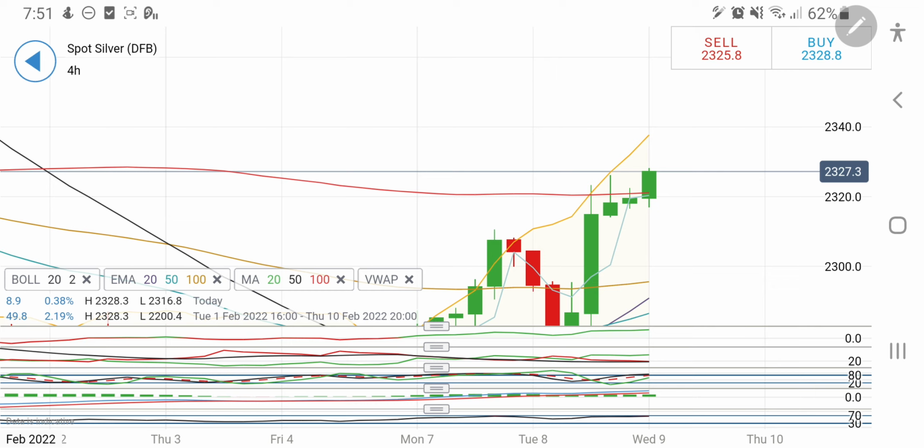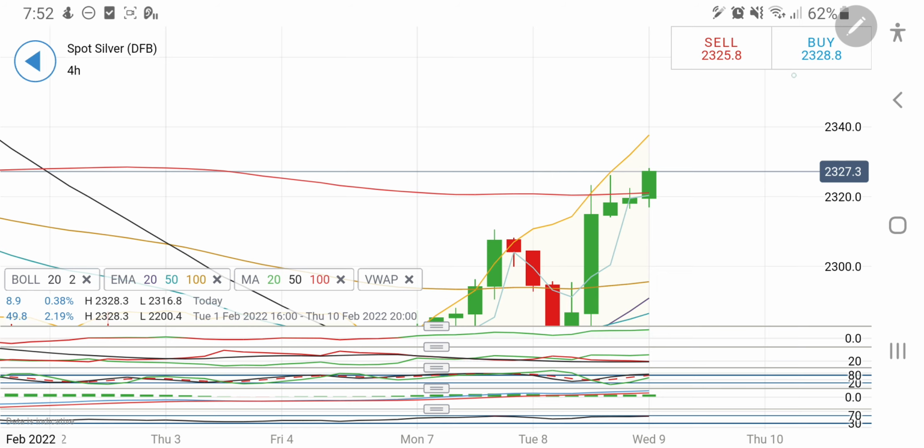Below that, yes, there is a support which will come into picture at 2315 and 2312, and then towards 2300. Also remember, it has got a very strong support till 2280 levels. Till the time it remains above 2280 for the entire week, you can remain long. You can watch my weekly analysis. The same was predicted, and I am expecting it to rise at least to the 2340 first target, and beyond that also it can achieve before it tries to take a drop. So this is all for silver.